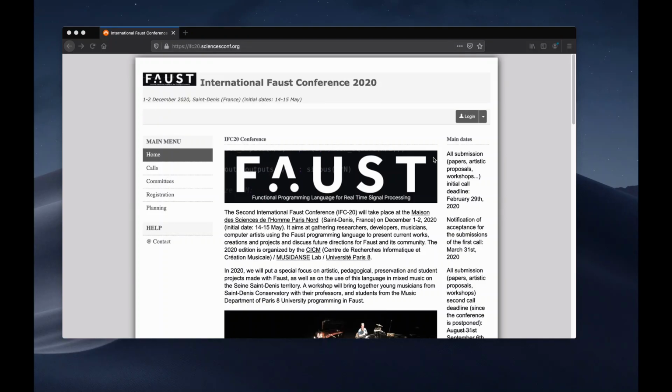I'm a composer and researcher at University Paris 8 in France and Universidade Federal da Paraíba in Brazil. I will present today a small tutorial about live patching with Kiwi and Faust, and we're preparing a live patching